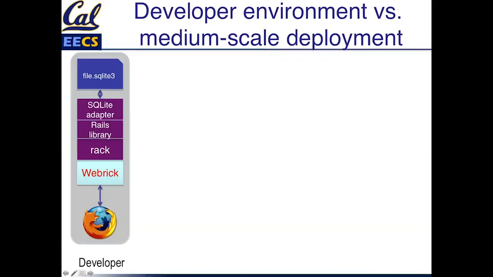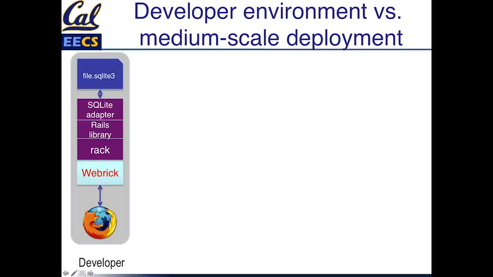So, this gray box here you can think of as your laptop, and on that same machine you're running your own web browser to test things. You're running some kind of a presentation tier, and we're using WEBrick, which is a really, really simple development web server that ships with Rails by default. It can only handle one user at a time,